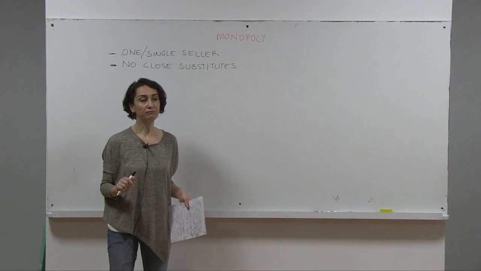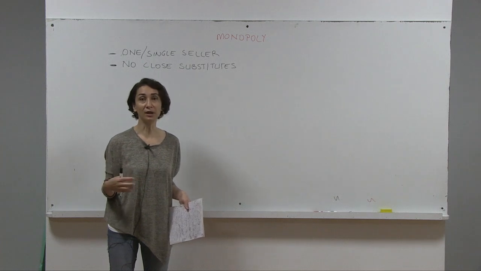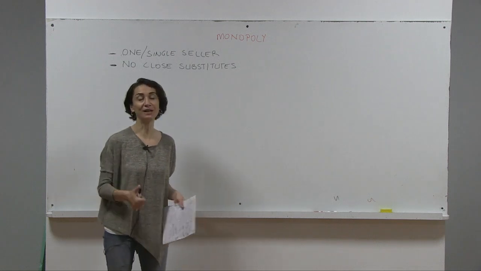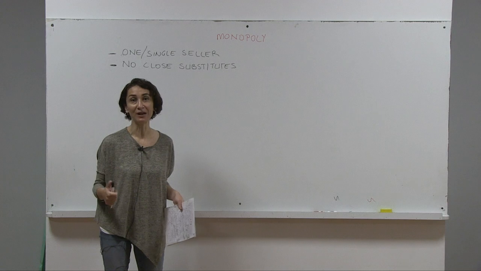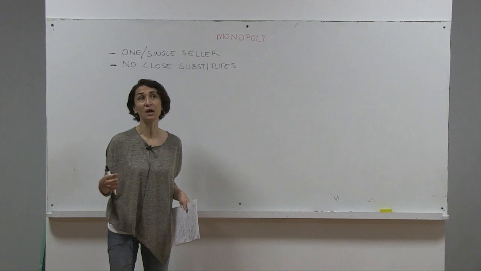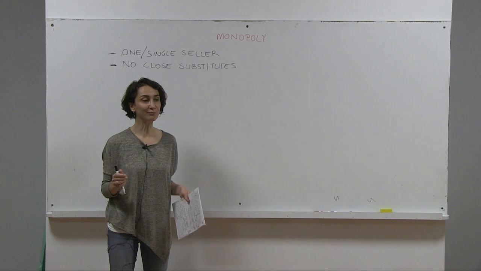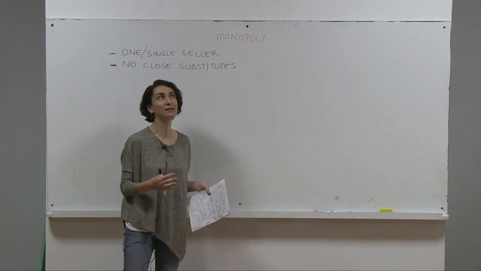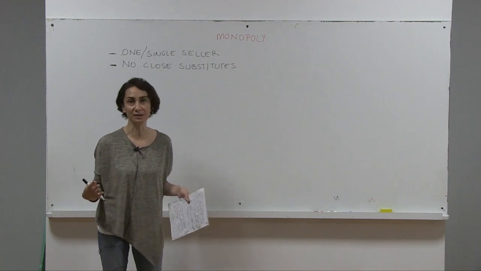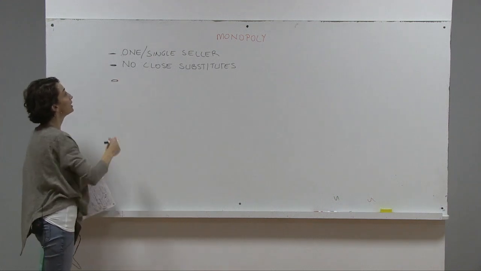Now, you can provide lighting and other things with other sources such as candles, right? Or flashlights or some source of electricity that is not supplied by this company, but all those things are not close substitutes. They are really like we would use them in case of scarcity, in very extreme cases. So we will give some more examples so that you would understand that.